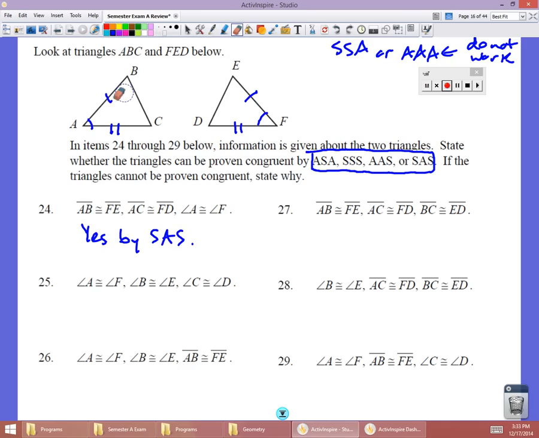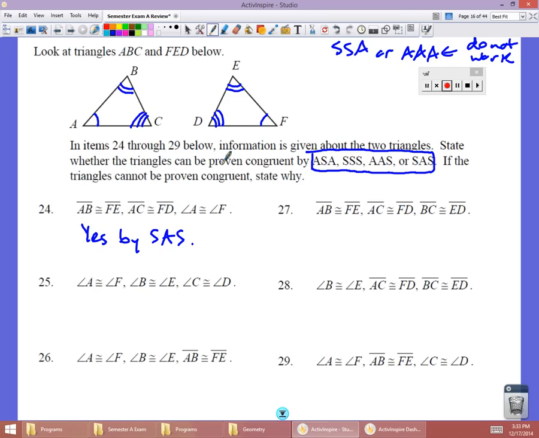Just so that we're not confused, we're going to go back up and erase the triangles as we do each problem. Alright, for number 25, we're going to start with angle A congruent to angle F. We're going to have angle B congruent to angle E, and angle C congruent to angle D. And so when we have three angles in one and three angles in another, that does mean that the triangles are similar, but it does not guarantee that they are